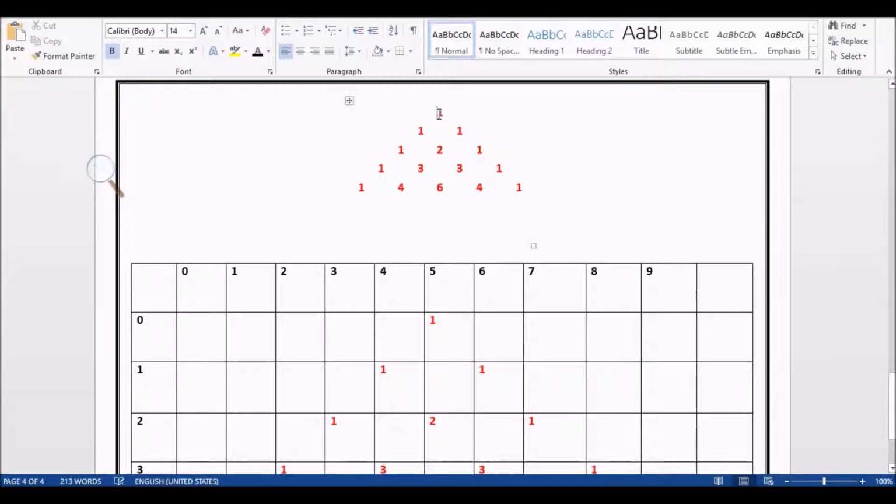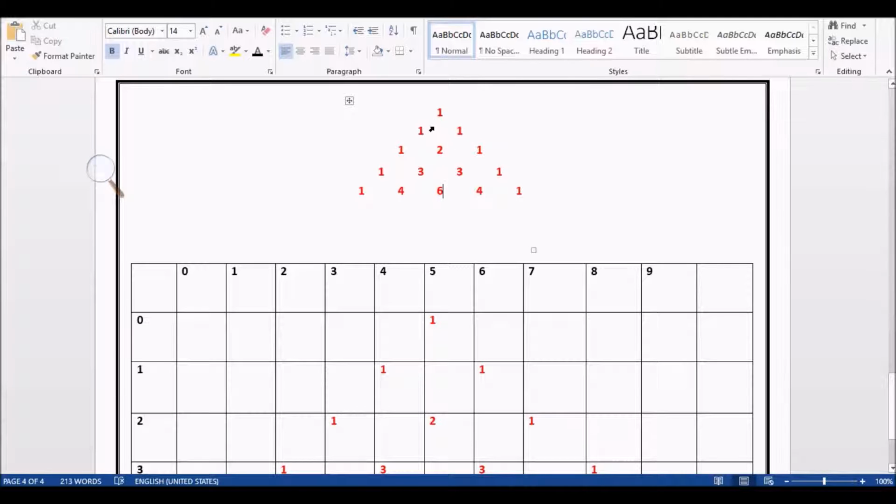See here, in the first row it is 1. In the second row it is 1 and here it is 1. The edges, as I have said, are 1. Here this 1 and 1 will be added and we get 2. Here 1 and 2 will be added and we get 3. Here this 2 and 1 will be added and we get 3. This 3 and 1 will be added, and here we get 4. This 3 and this 3 will be added and here we get 6. Likewise we are going to print.